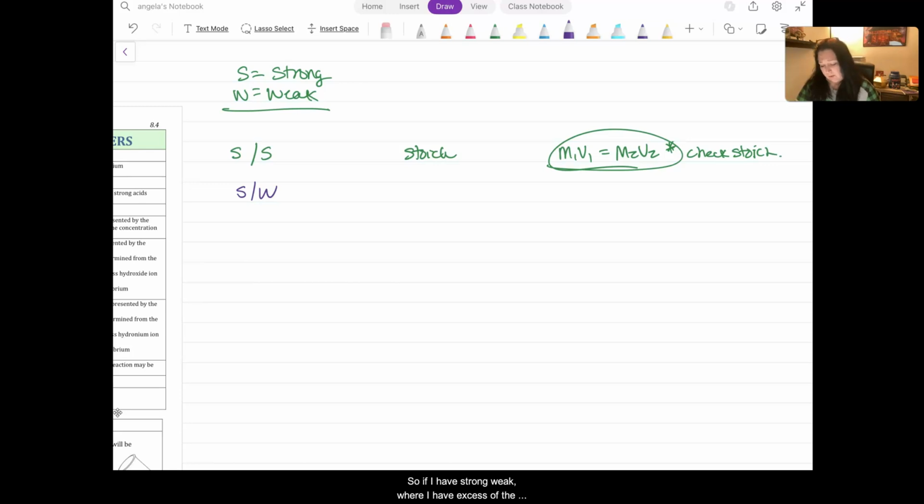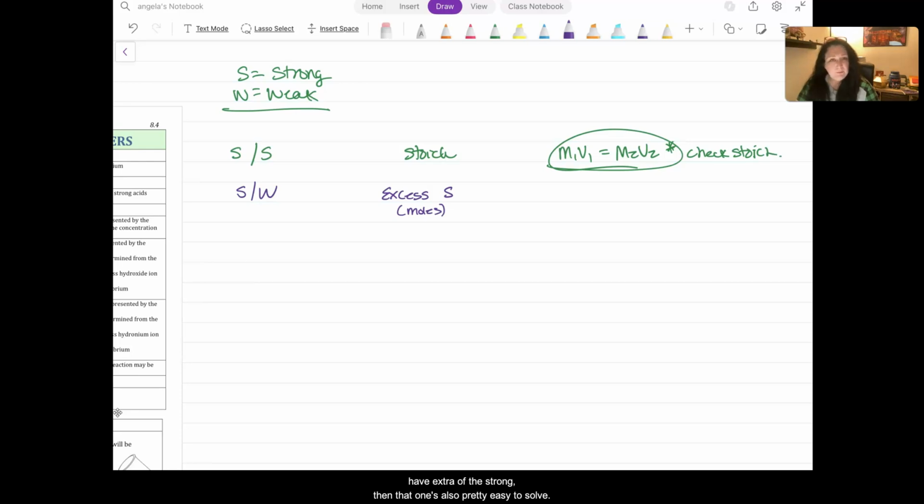So if I have strong weak where I have excess of the strong, and so when I'm talking about excess of the strong, you need to take it down to the moles. All right, so strong and weak, and I have extra of the strong, then that one's also